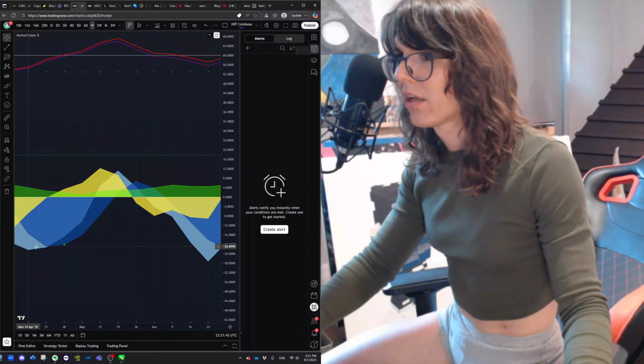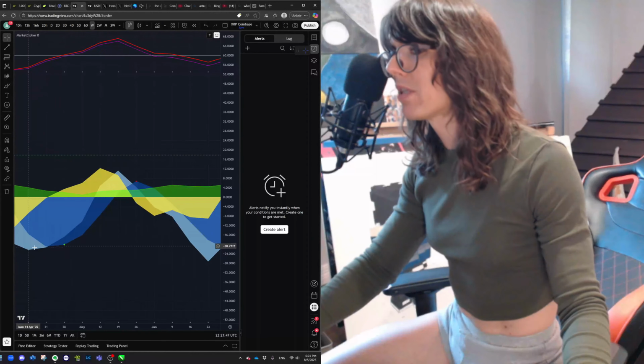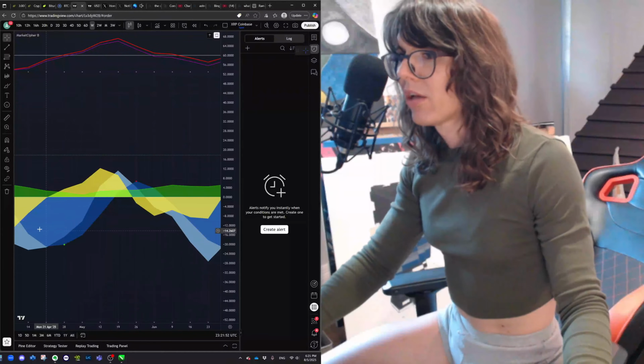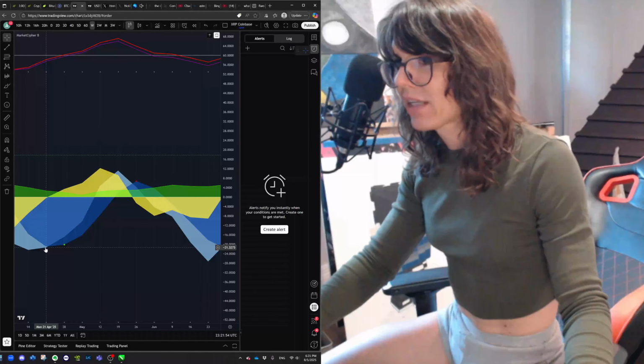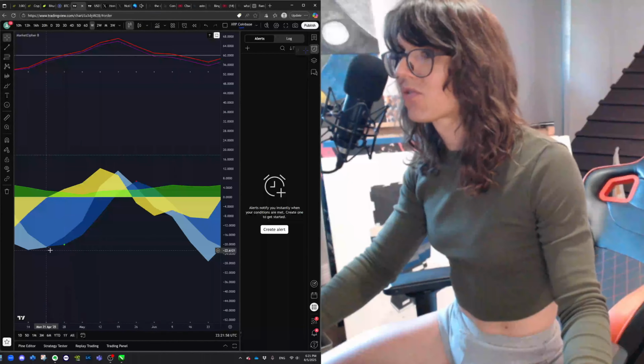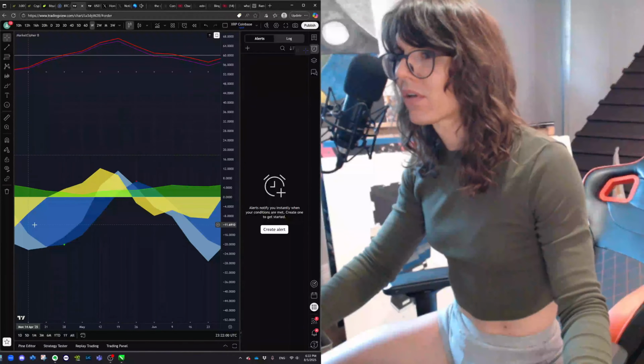Because like this momentum, the momentum waves, these two blue waves are stacked on top of each other. So the point where they intersect is not exactly like, this should be where the green dot is, but it's not. It's after the